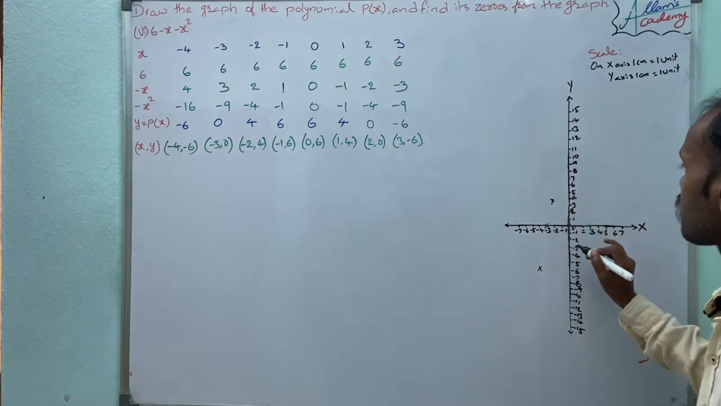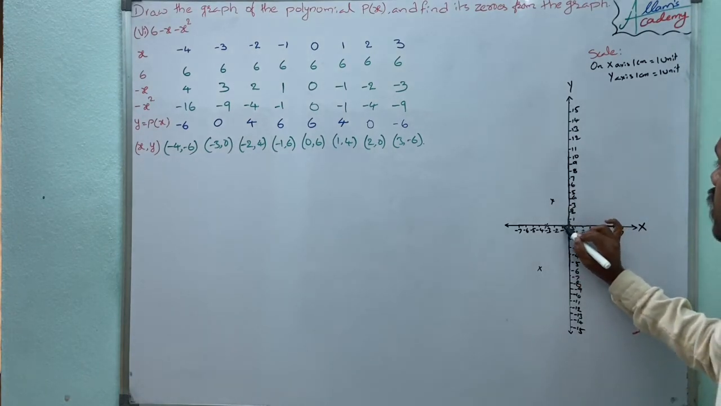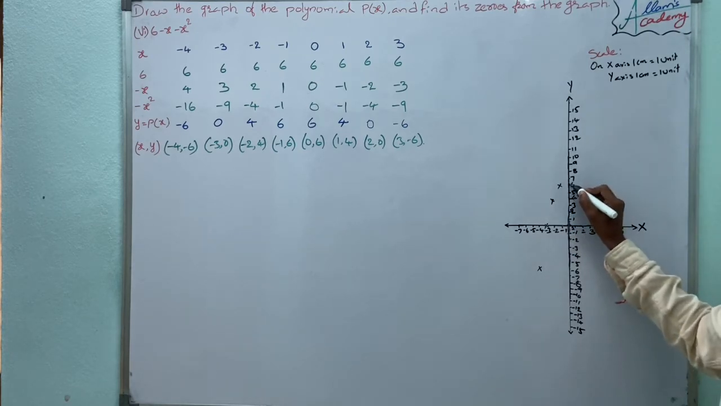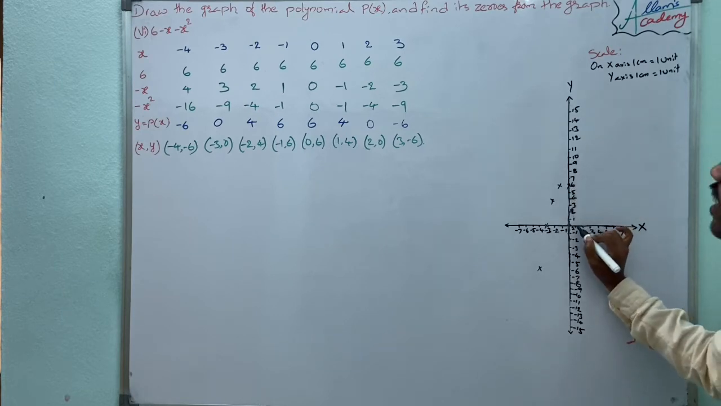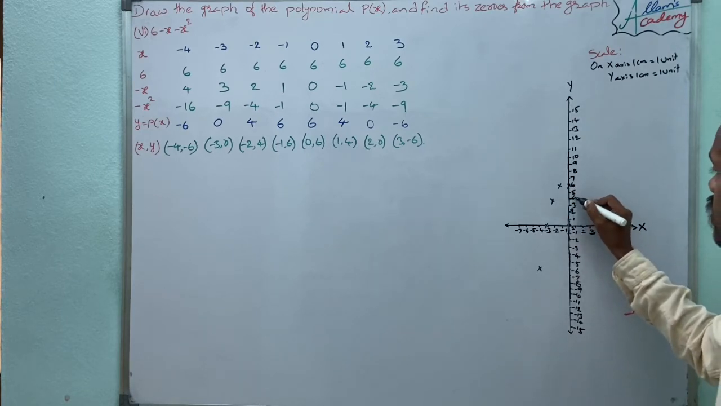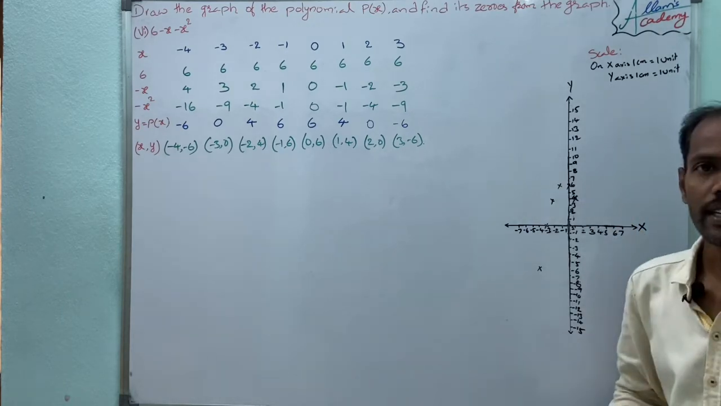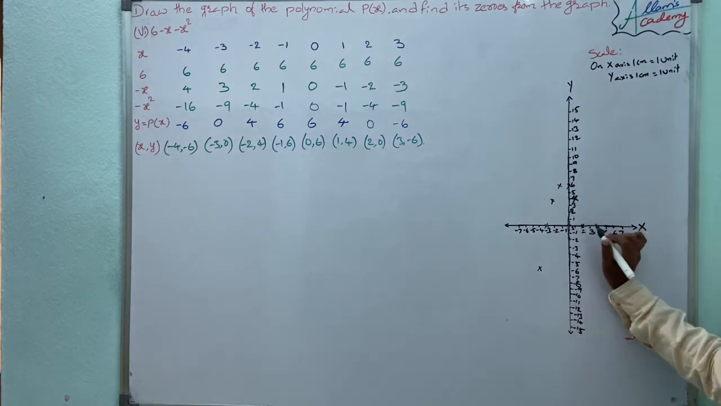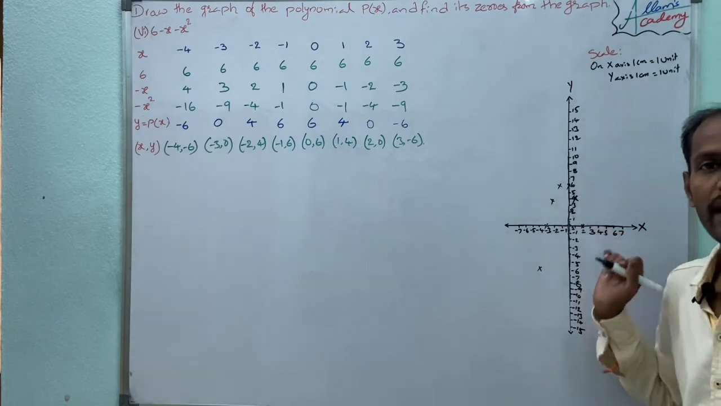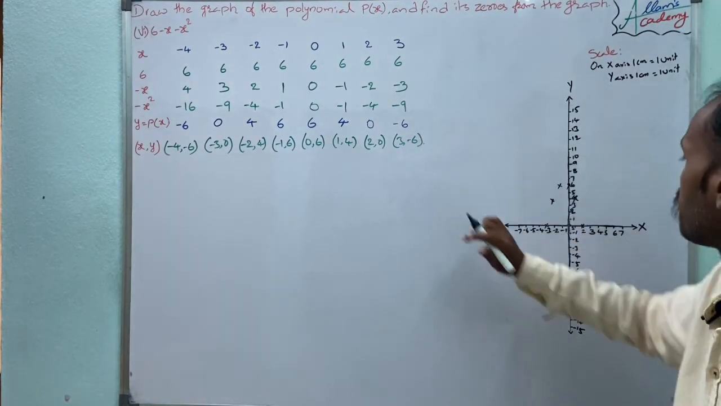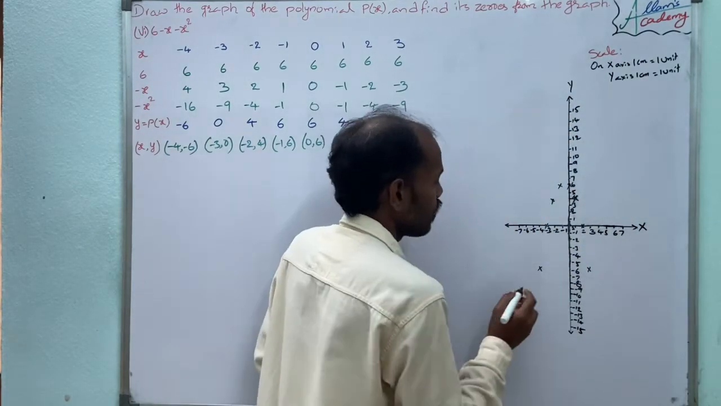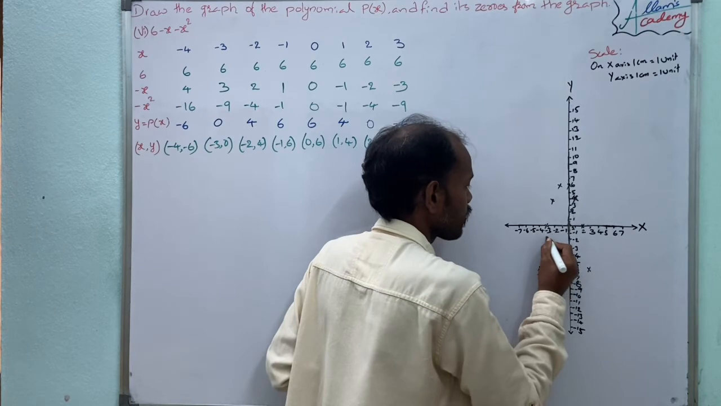Next, minus 1 to 6, so here is minus 1 comma 6. Next, 0 to 6, so here is 0 comma 6. Next, 1 comma 4, so 1 unit on the x-axis, 4 units on the y-axis. Next, 2 comma 0, 2 units on the x-axis, y-axis is 0, that means the point lies on the x-axis only. Next, 3 to minus 6, 3 units on the x-axis, minus 6 units on the y-axis, that means that is in the fourth quadrant. If we join all the points,